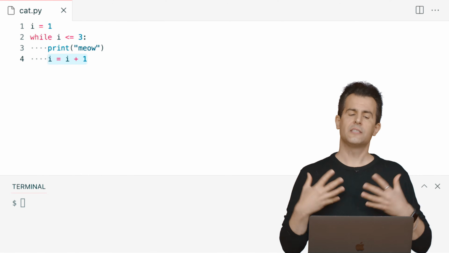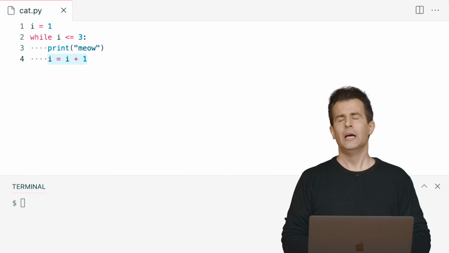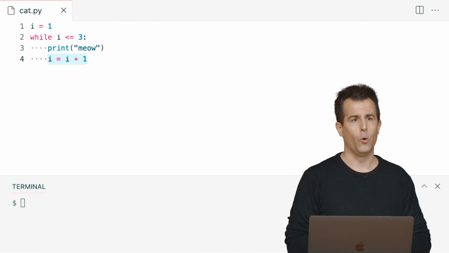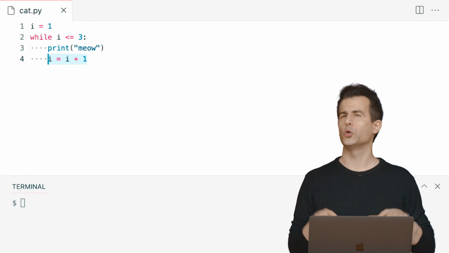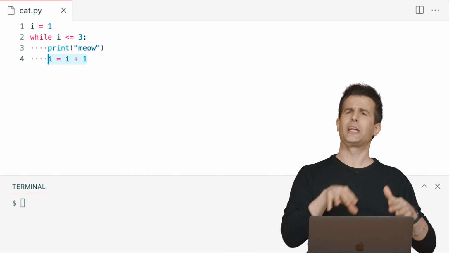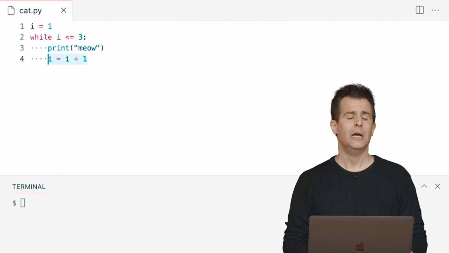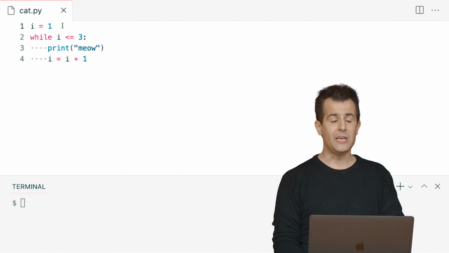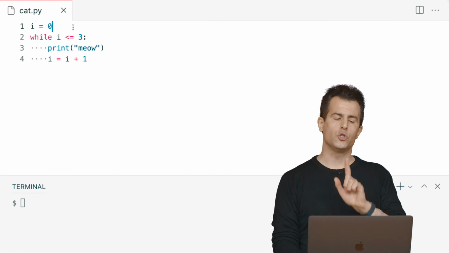Well, I will say that most programmers, computer scientists more generally, tend to start counting from 0. It's a convention, and it actually has upsides even in Python and other languages where, generally speaking, it's a good thing to start counting from 0 instead of counting like we might in the real world from 1. Let's go ahead and adopt that convention now. Let me set I equal to 0, and I need to make a change now.